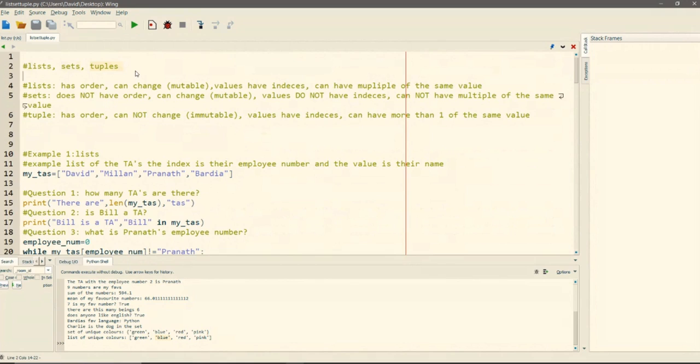So if you're sharing code with someone, you're both working on the same project, and you return a list inside your function, and you know that the person who's going to get the list is going to try to edit it, but you don't want him to, might as well use a tuple.